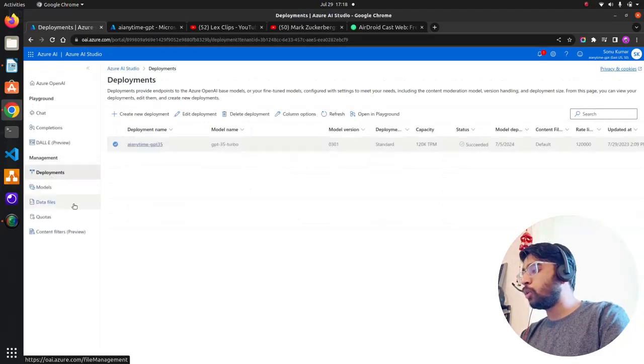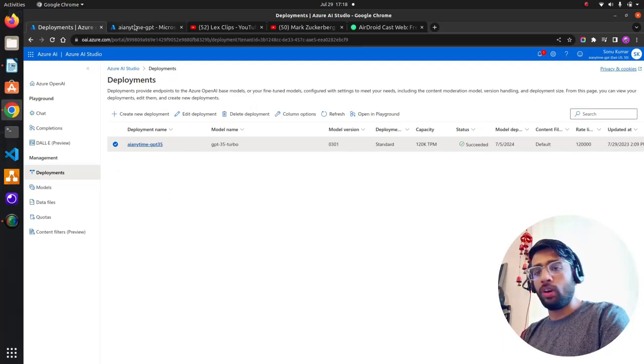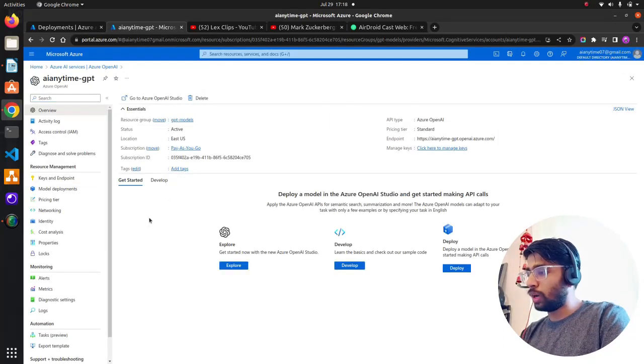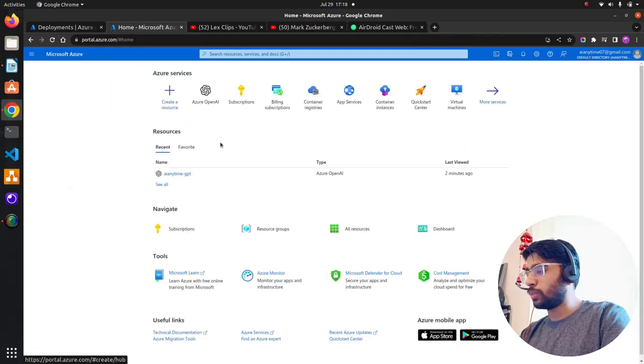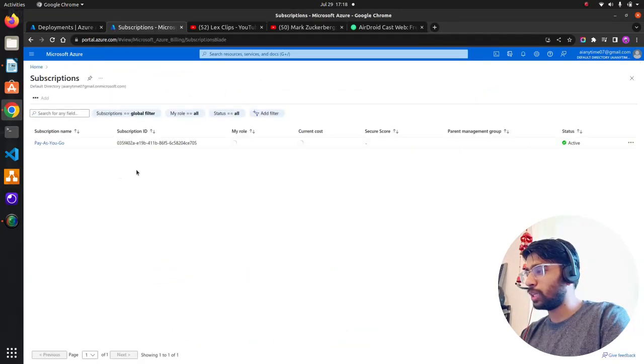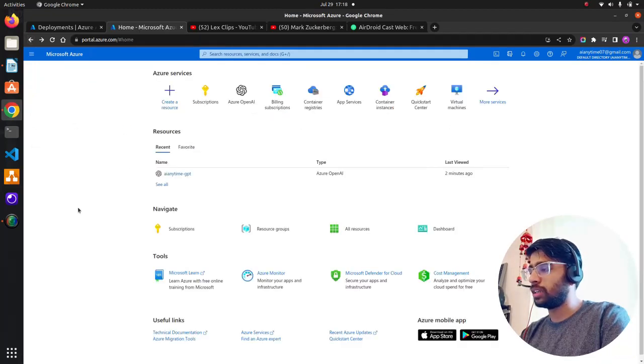Now if you click on deployments, you can see this is the deployment model that I have. Okay, this is on Azure. I wanted to show you that if you want to use Azure as well, Azure OpenAI services, please go ahead and do that if you have your access. And this will probably come into the subscription here. You can see this is my subscription, and you have to give the subscription over there to get the access, and you will get your access probably in less than 24 hours if you have a custom or a business domain. Okay, that's all on Azure, guys.